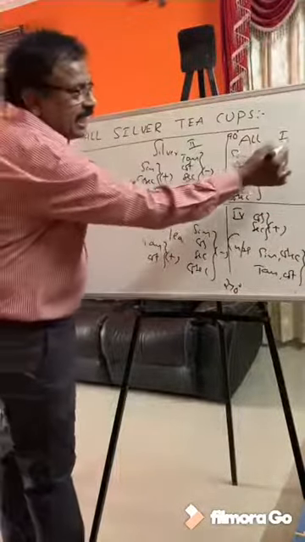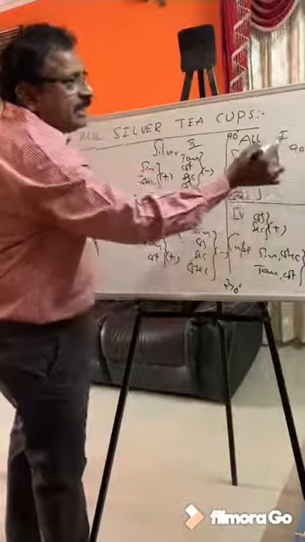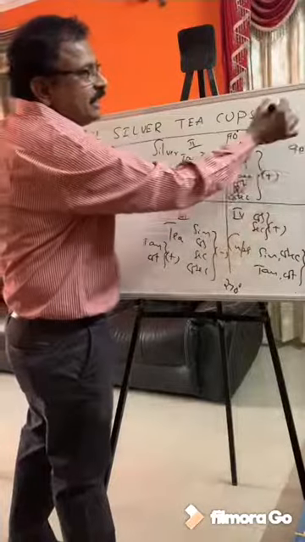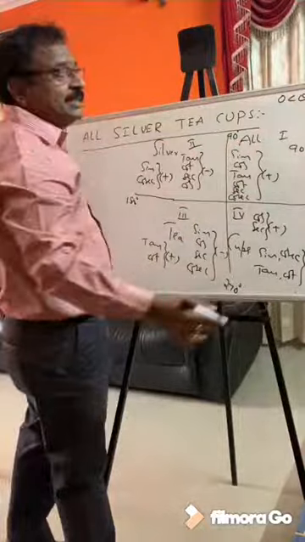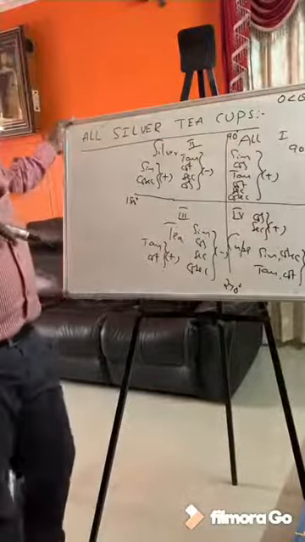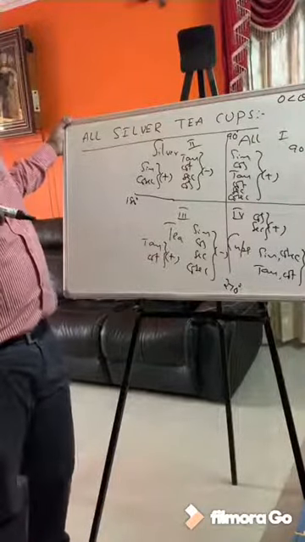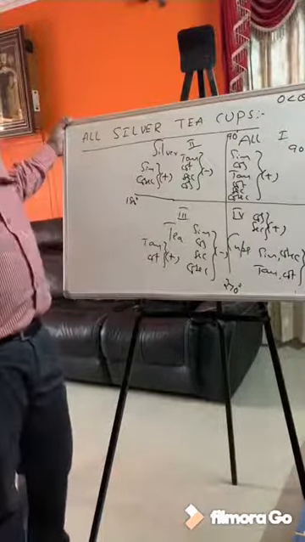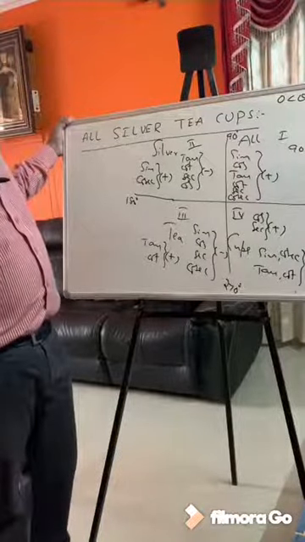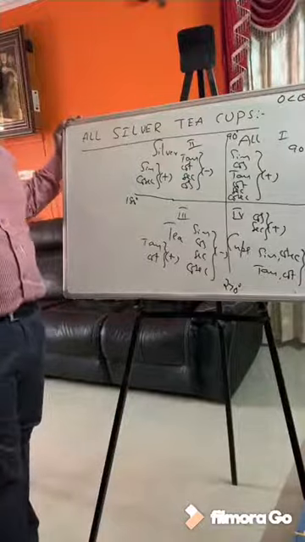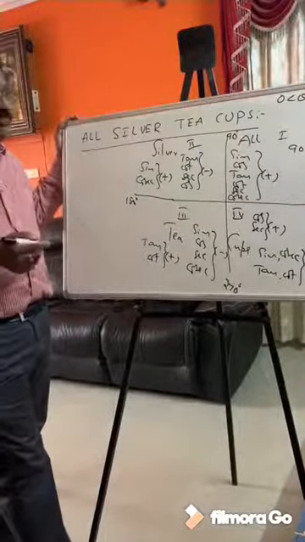Suppose you are taking any angle in the first quadrant, that should be 90 minus theta, where theta should be an acute angle. 0 less than theta less than 90. Acute angle means the angle which is less than 90. The angle above 90 and less than 180 is an obtuse angle. The angle more than 180, what angle is it? Tell me. What angle is it?